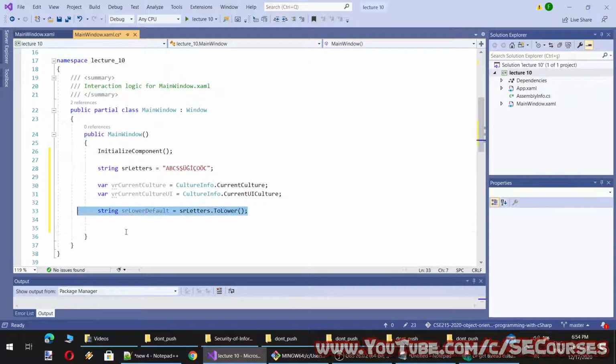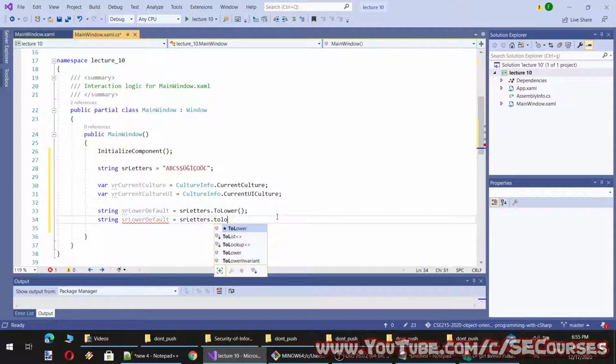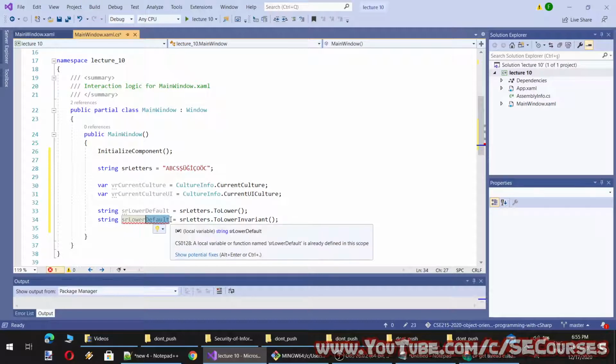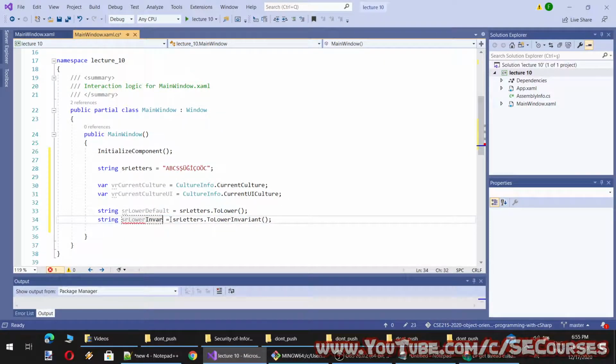Then with using the current culture, I will also use ToLowerInvariant. Actually, ToLowerInvariant doesn't change. And then I will use a specific culture method.